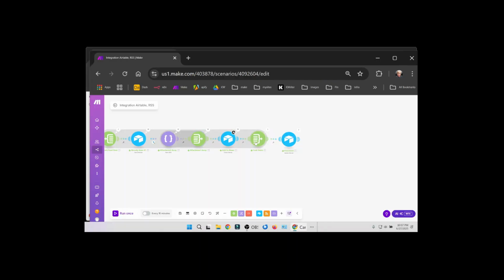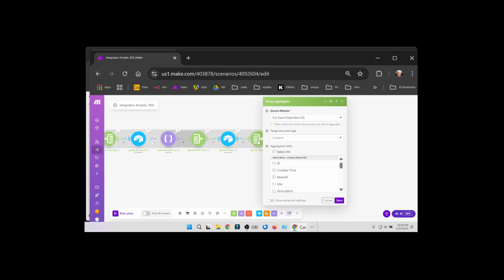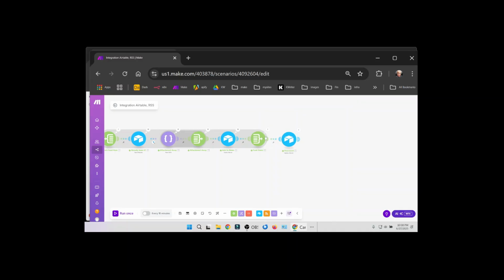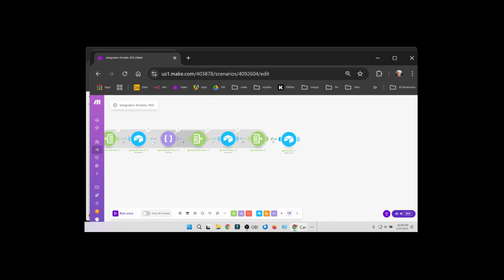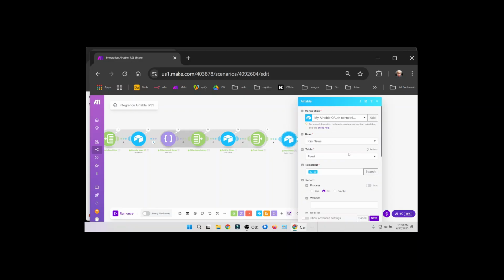Then the last thing in this iterator is to close the iterator with an aggregator. We're not actually aggregating anything, but what we're doing is stopping from going any further to the right with our logic, because we want all of the items processed. So it'll run through 30 articles, two rows, 15 articles each. And then when it's done with both loops, it will do this last thing for that feed, which is to turn the process